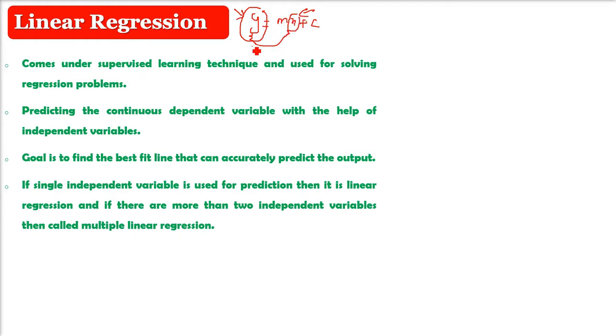But if you have y equals m1x1 plus m2x2 plus c like this, you have two variables which are independent. So this is x1, x2, you can extend it to any number, and these m1, m2 and m are called the coefficients, and the coefficient weight decides how important this variable is. So this is the example of multiple linear regression.